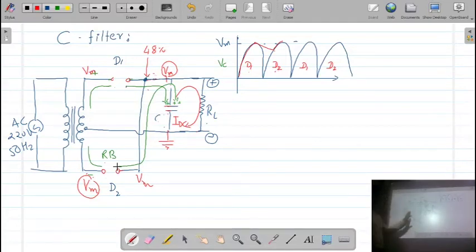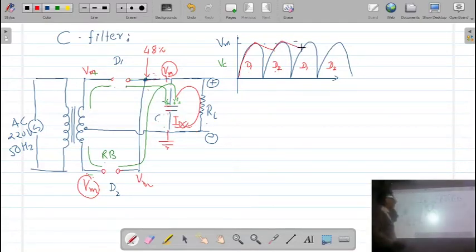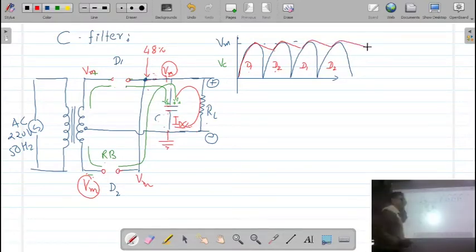So again you can see in this situation D1 is already in reverse bias. Now D2 also comes in reverse bias, means your transformer is cut out from the filter circuit. So this capacitor is again connected across the RL. So what will happen? This capacitor will be discharged through the load resistance RL and here again you have a DC current. So this capacitor is going to discharge. So the voltage across the capacitor goes on decreasing, and in this manner the capacitor will be charged, discharge, charge and discharge.